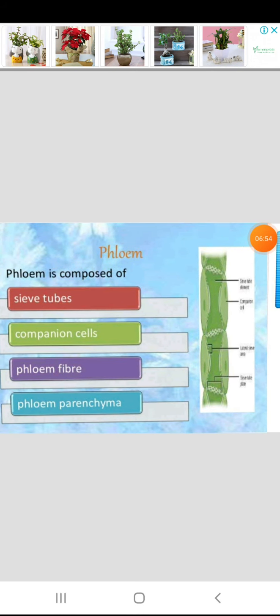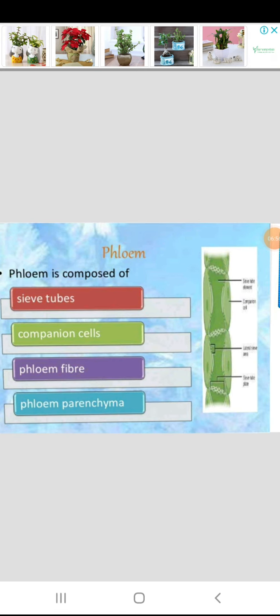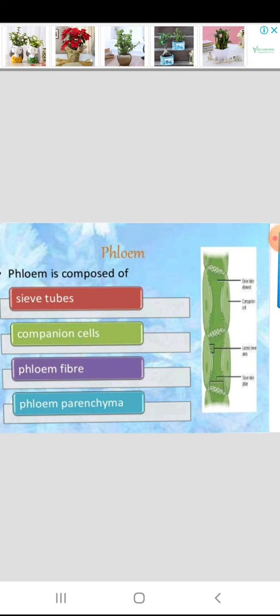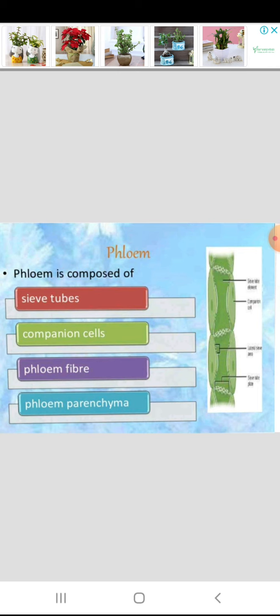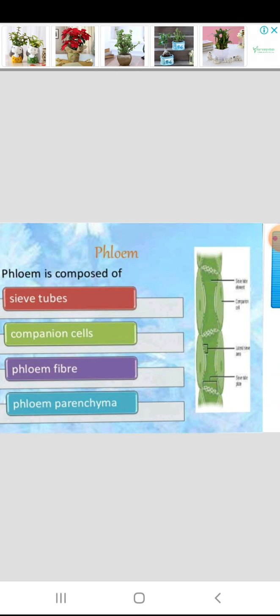Now our next point is phloem. So students, this is also a complex permanent tissue. This is a living tissue. It is also called bast. Phloem is responsible for conduction of organic food materials from a source, like a leaf generally, to a sink, means other plant parts. Phloem was named as leptome by Haberlandt, similar to xylem.